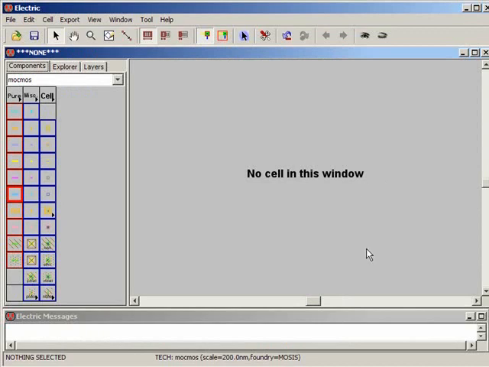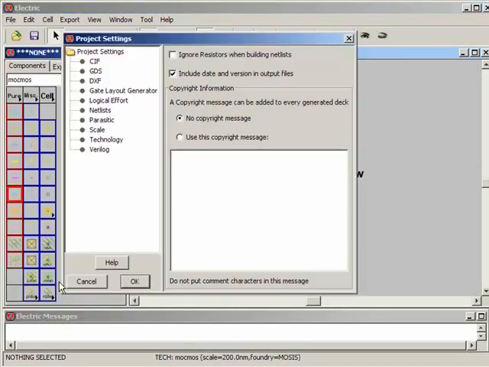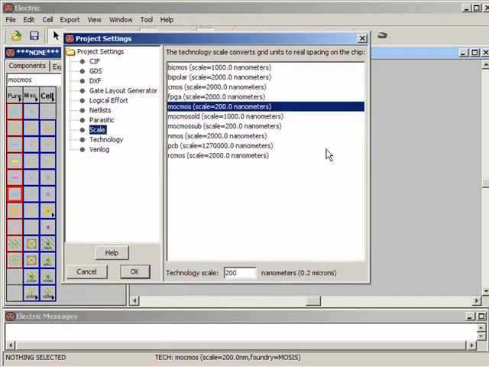Now, next thing I'm going to do before I open a library or create a library is go look at what's set up here in the project settings, and I'll look at the scale. I'm going to set my scale to 300 nanometers. That's lambda, and for the examples I'm going to do in these tutorials, a lambda of 300 nanometers or 0.3 microns corresponds to the AMI, or American Microsystems Incorporated, C5 process,